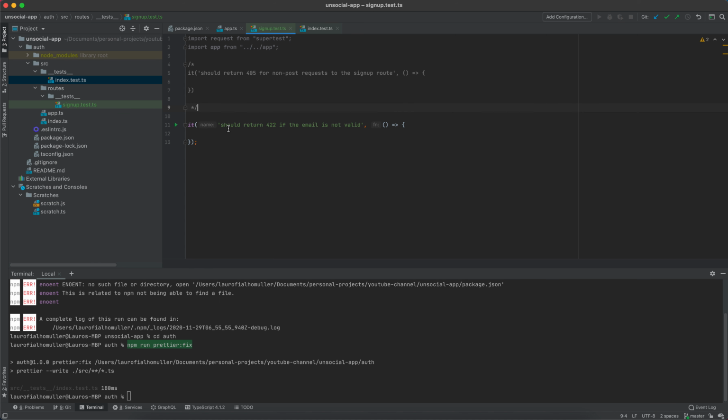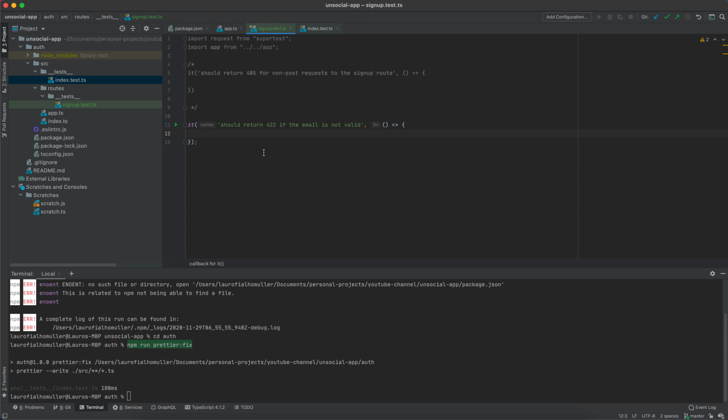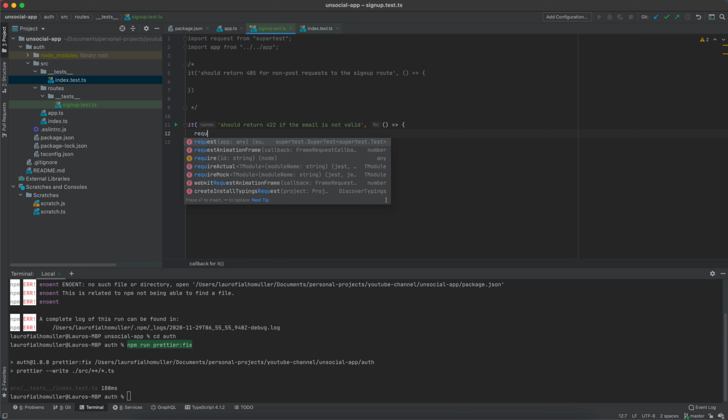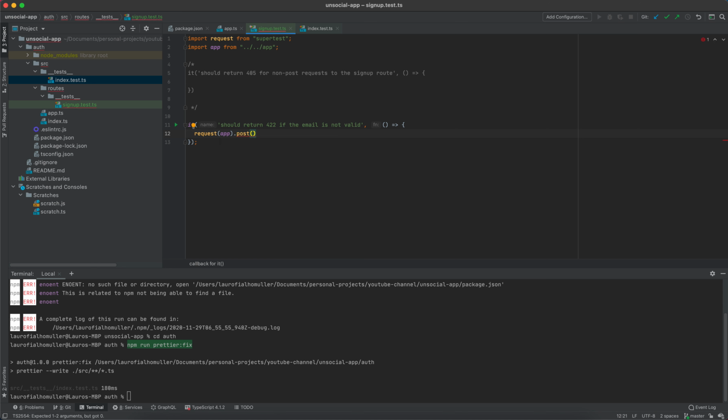So let's go for the test: should return 422 if the email is not valid. I have my supertest, right? So that's going to be request to app dot post to my signup route. Now, what is my signup route? Well, I didn't think about it, but I would